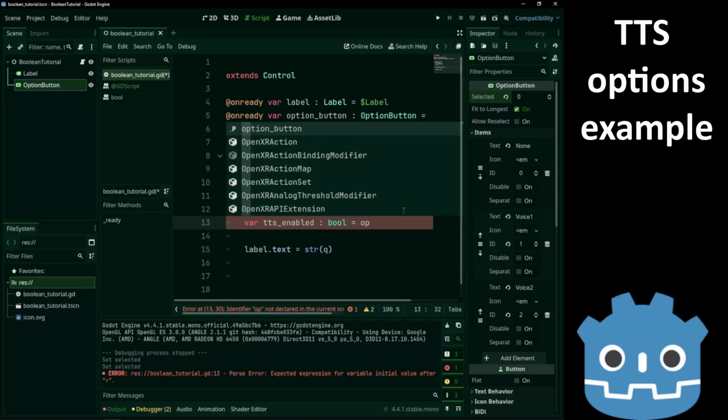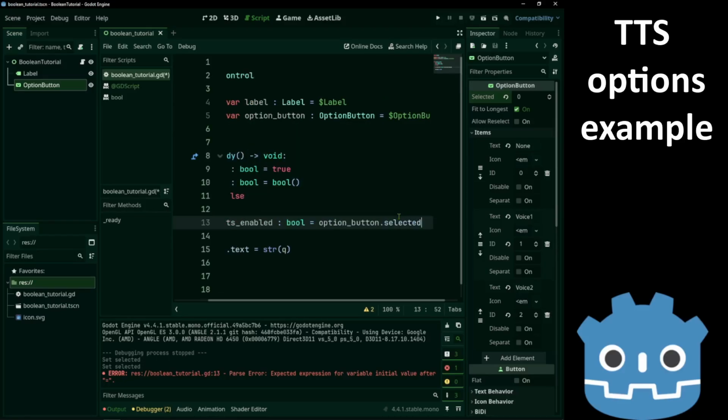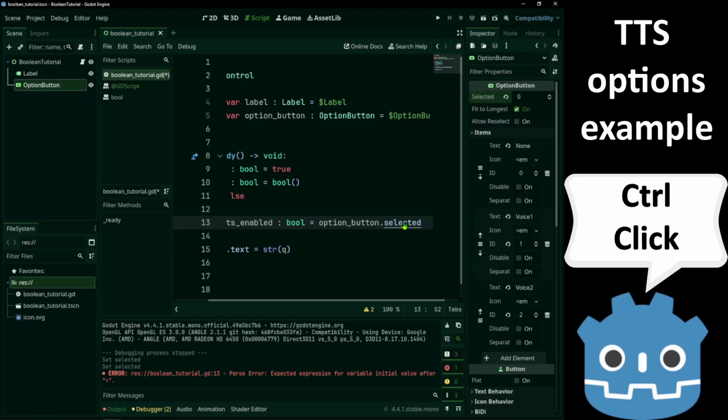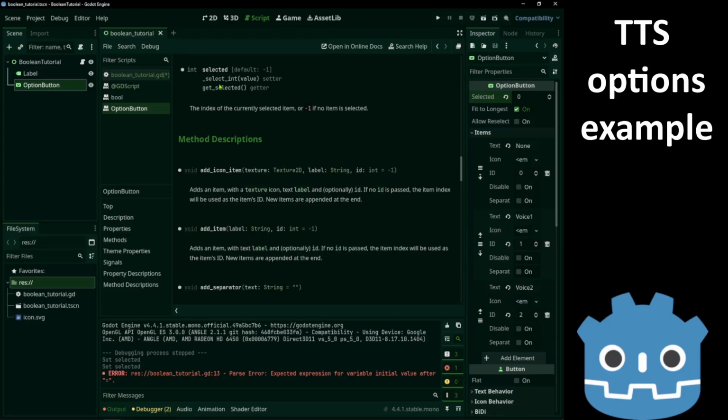And we'll use the option button selected. It's an integer that shows the selected item. Each item has an index starting from 0.